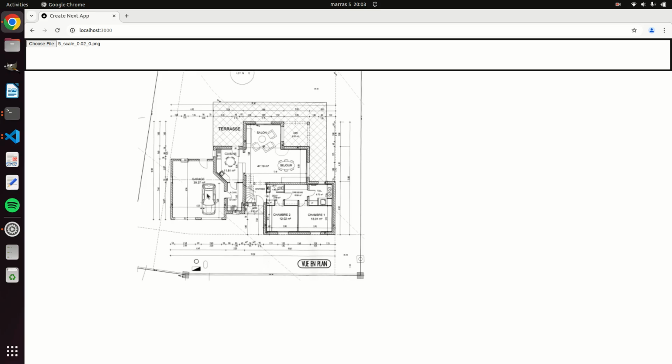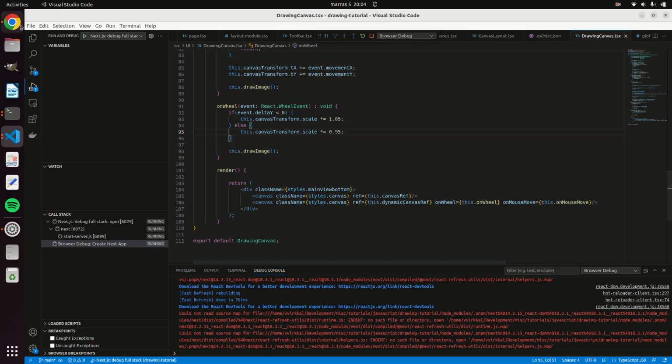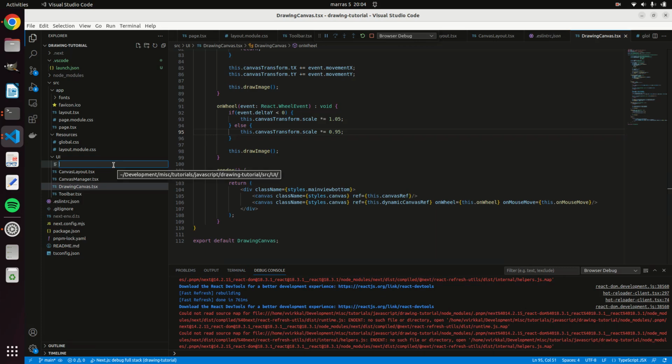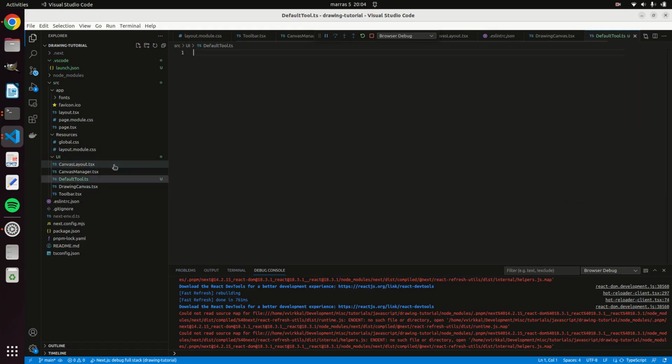So let's create this kind of default tool called default tool, which is responsible for all this translation and scaling. So let's simply add here a new file, and let's call it default tool.ts, and this will not contain any React type, so we don't need this, only type is enough here. So let's simply put it like default tool,